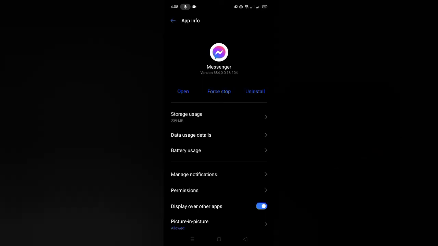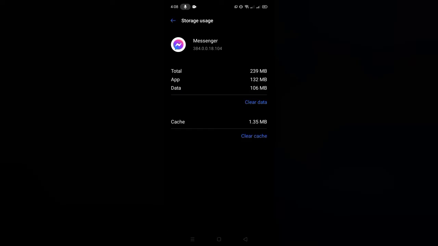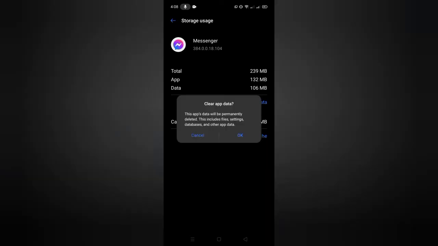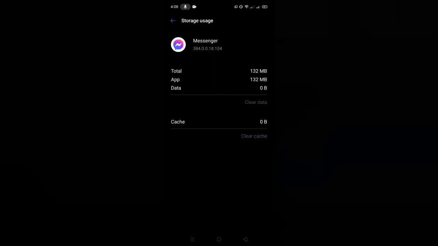Click Messenger. Click Storage Usage and click Clear Data or Clear Storage. Click OK and go back